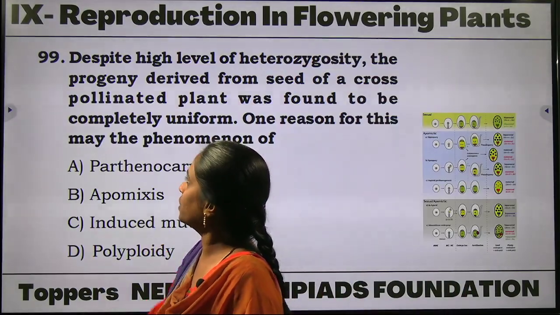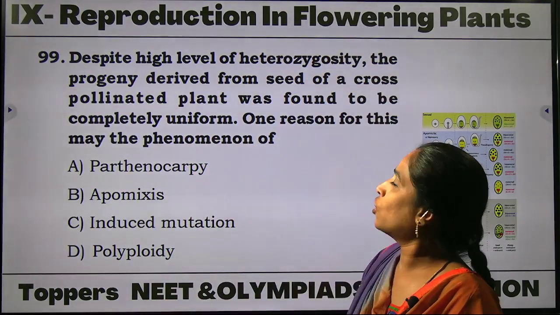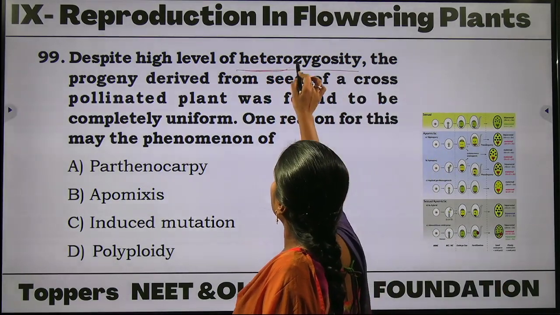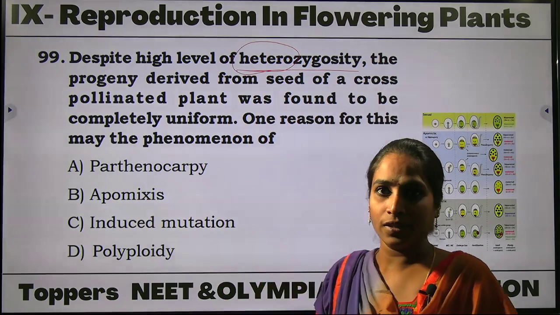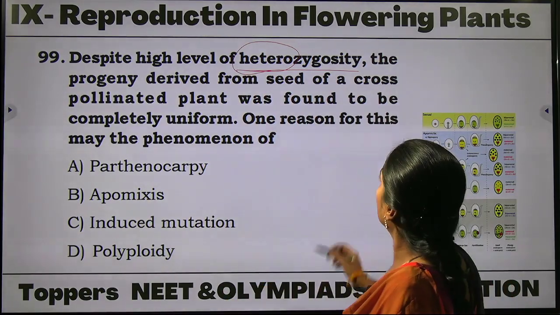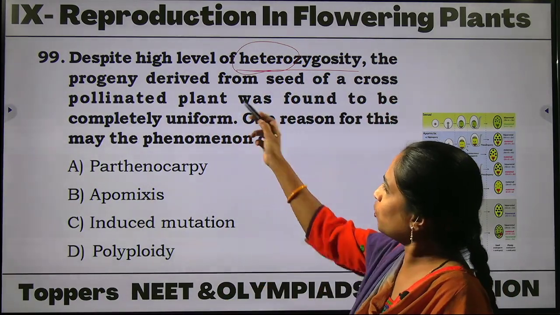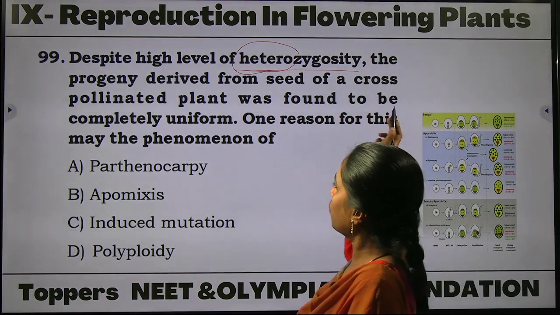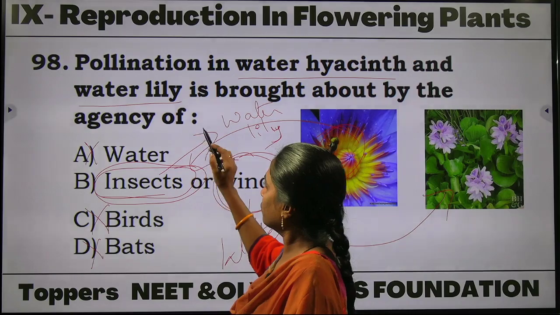Coming to the next question, dears. Despite high level of heterozygosity, what is heterozygosity? The word itself indicates: hetero means different, zygosity, zygotes. The progeny derived from the seed of a cross-pollinated plant was found to be completely uniform. In a sense,